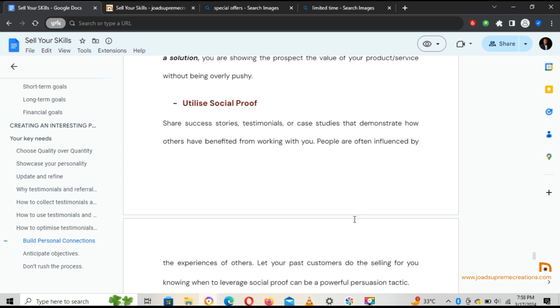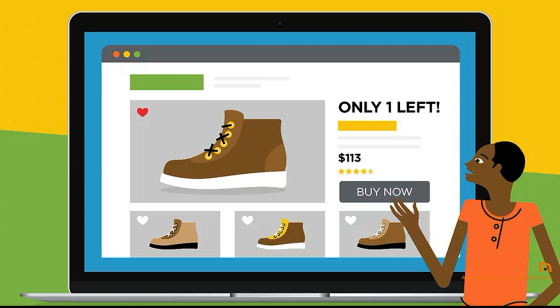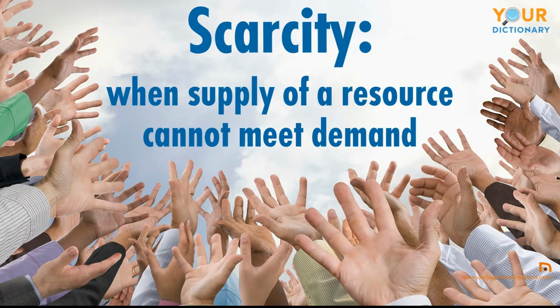Very, very important. Create scarcity or urgency. Communicate limited availability, special offers, or time sensitive deals. Scarcity or urgency can prompt action by instilling a fear of missing out. Now, what this means is that you need to constantly put your offer out there. That is, as a skilled professional, as a creative professional, put out what you do there. And a good example is